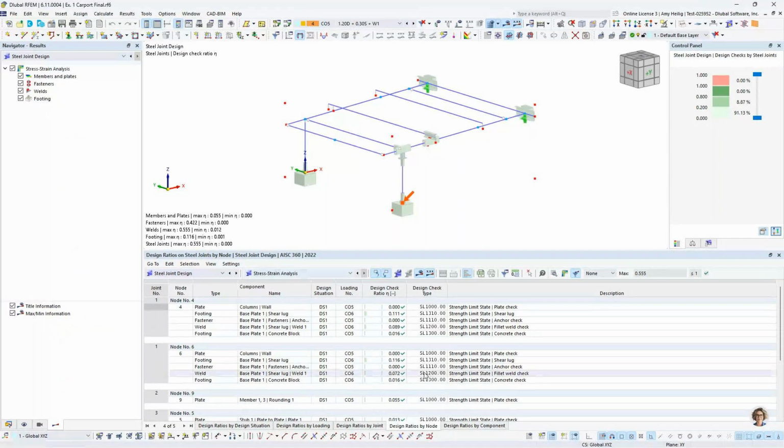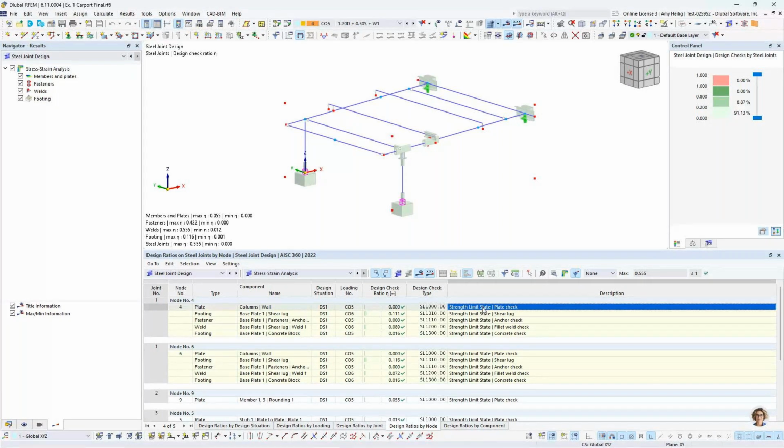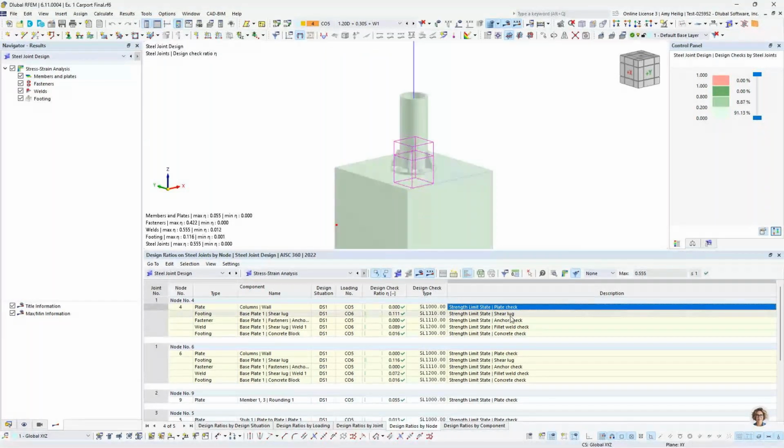And for each one of these connections, we can view the design ratios by node. So for our base plate, for example, we're going to see all of the design checks for our plates, our shear lugs, our anchors, fillet welds, and the concrete block itself. So if we zoom in here just to take a little bit of a closer look, with each one of